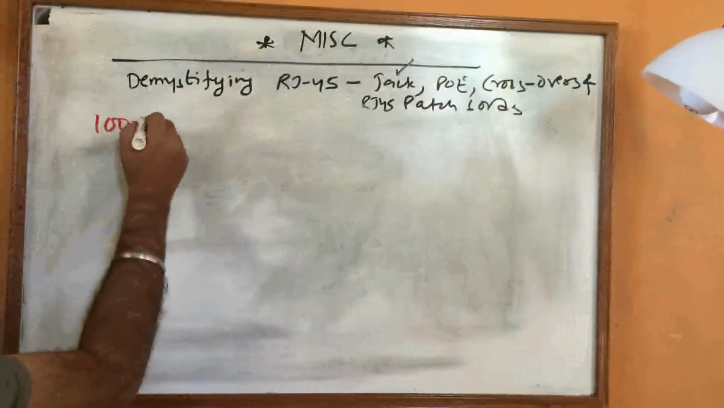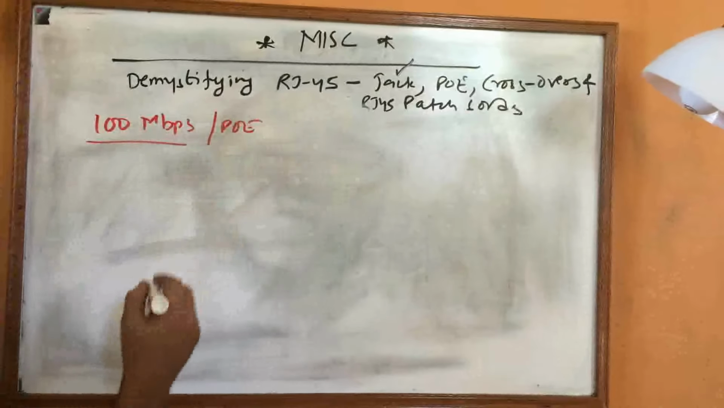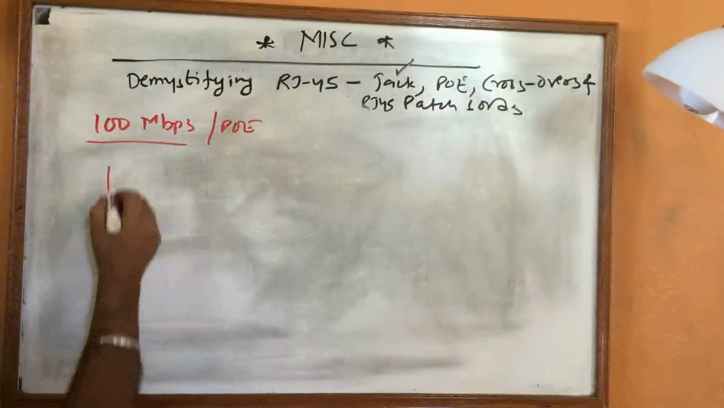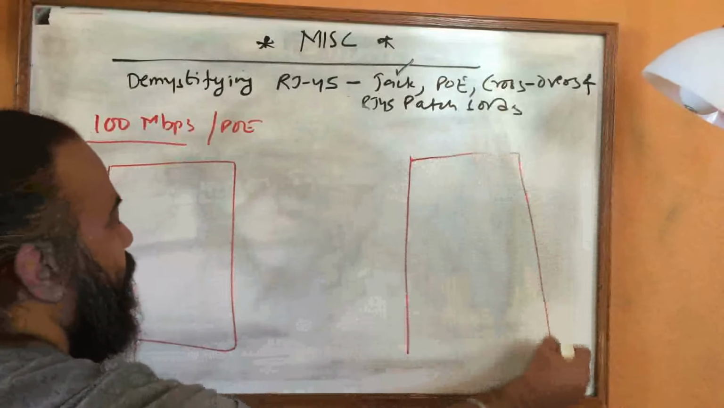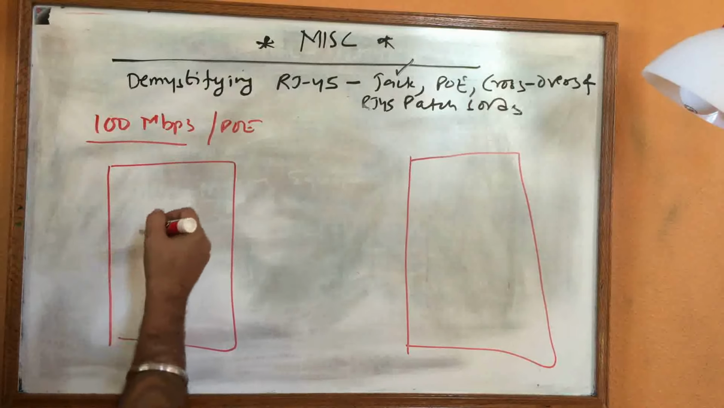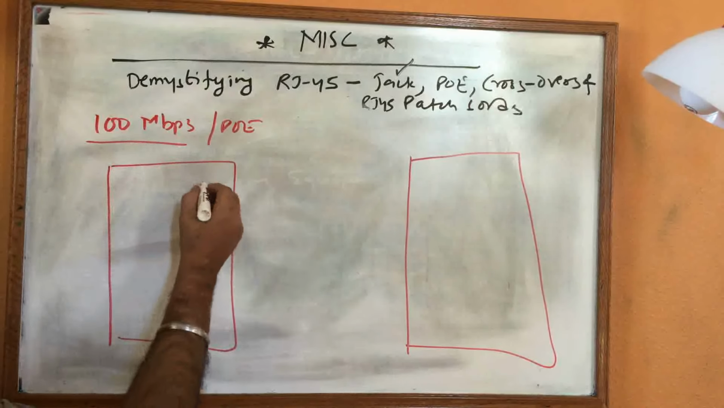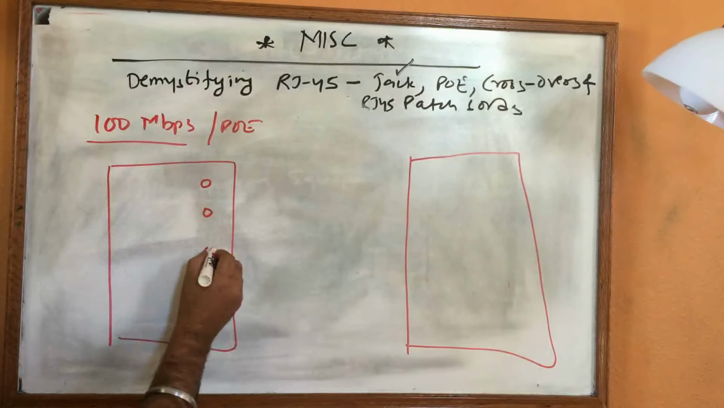So, 100 Mbps PoE, right? We need to quickly draw what exactly, this time we are going to draw a little bigger boxes, because you need to understand the intricacies of what is actually happening inside the wires, right? So we will draw a total of 8,